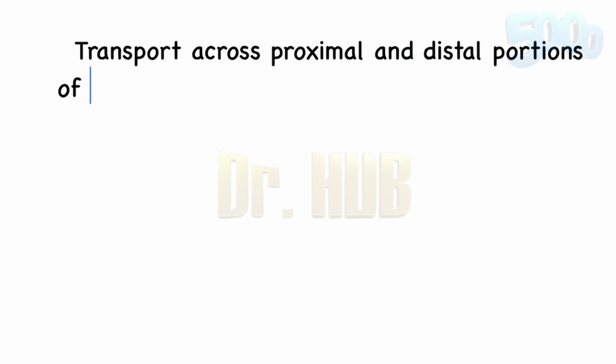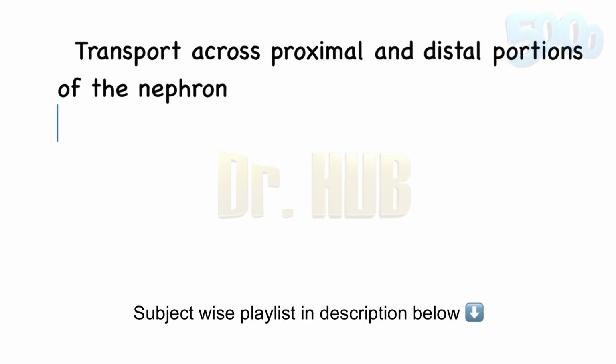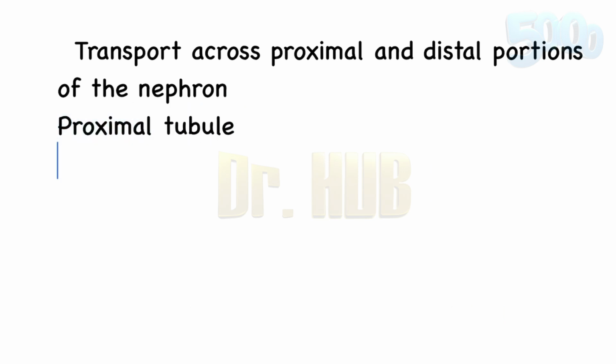Transport across the proximal and the distal portions of the nephrons. So first is the proximal tubule. Here in the proximal tubule there is reabsorption and secretion. So in reabsorption, 67% of the